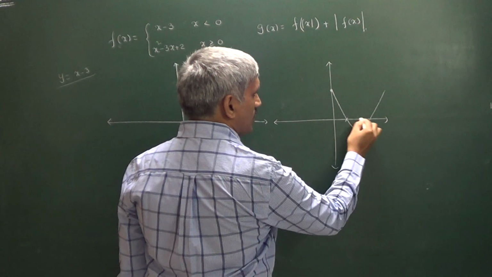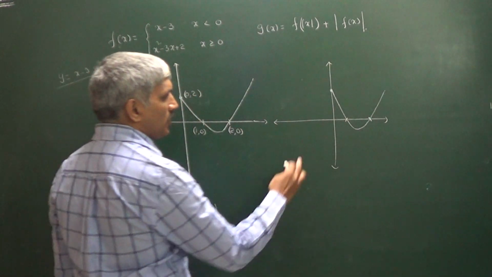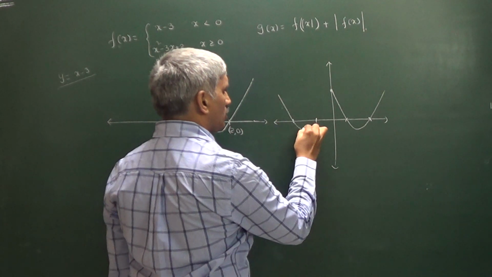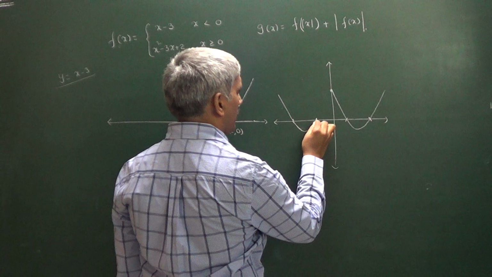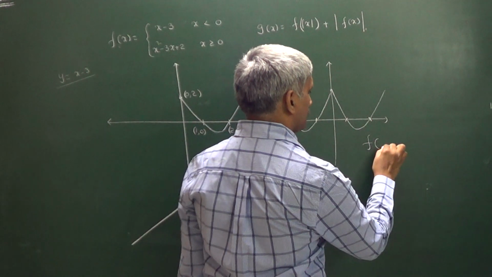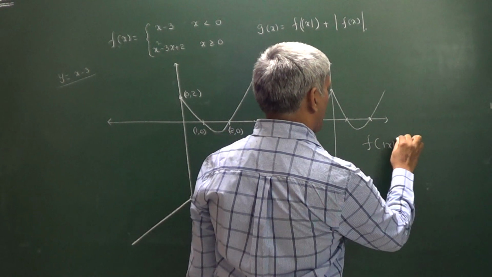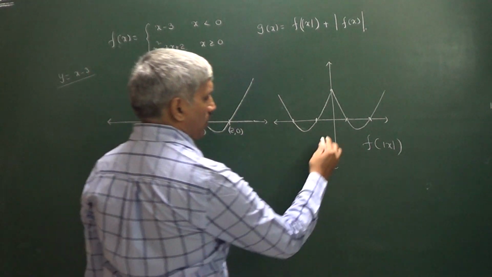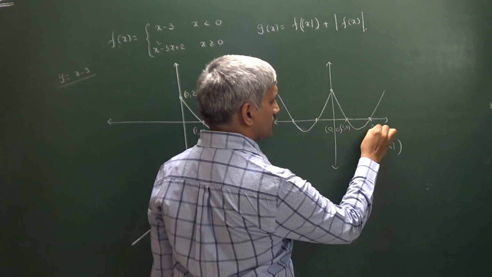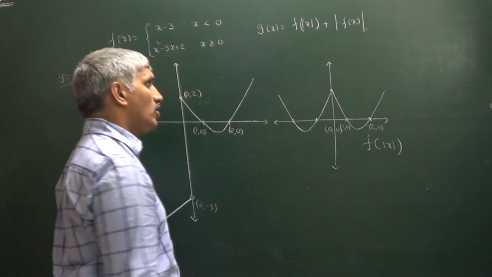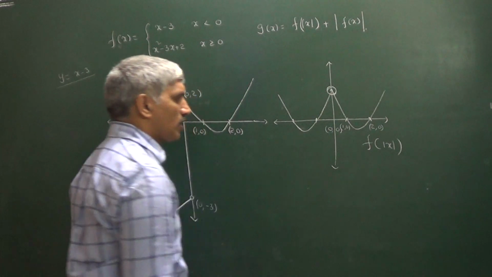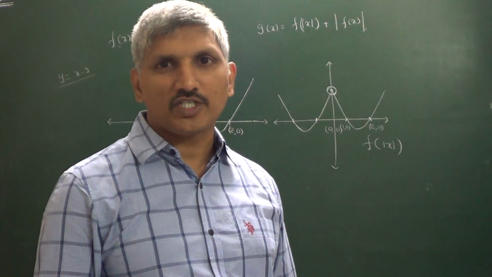So this point is 1 and this point is 2 comma 0, means this side you will get minus 1 comma 0 and minus 2 comma 0. So you will get the graph like this, the same graph, mirror image with this. Now this is the graph of f of mod x. Okay, we got the graph of f of mod x. So this point is 0 comma 0 and this point is 1 comma 0 and this point is 2 comma 0, like that. But among all these, we have a sharp edge at only this point. This is the only sharp edge. That's why the function is not differentiable at x is equal to 0.